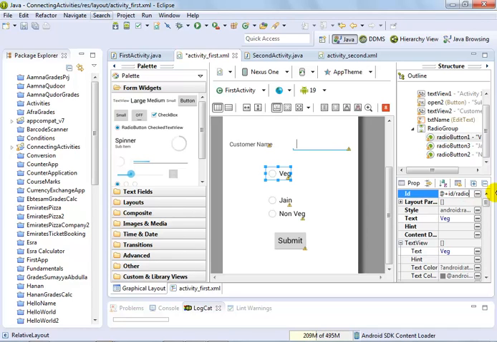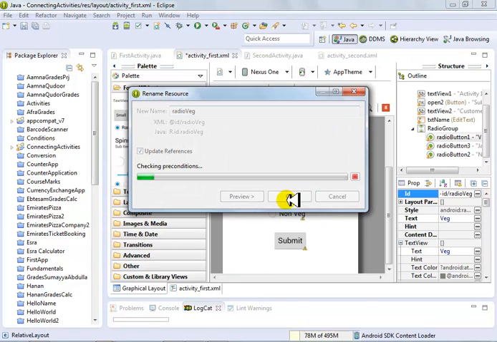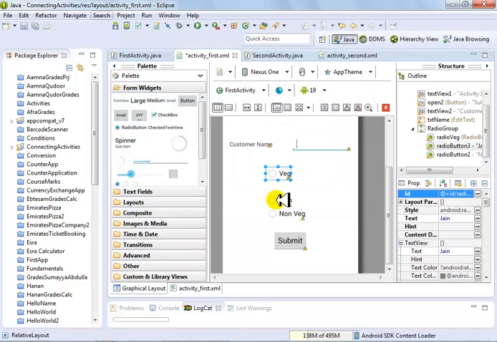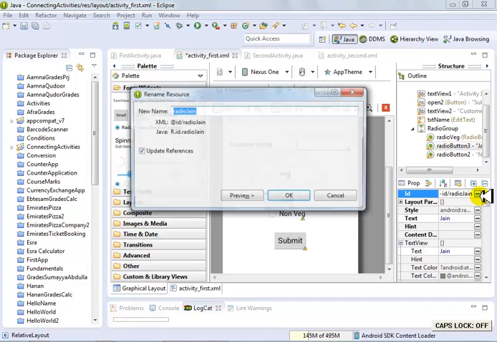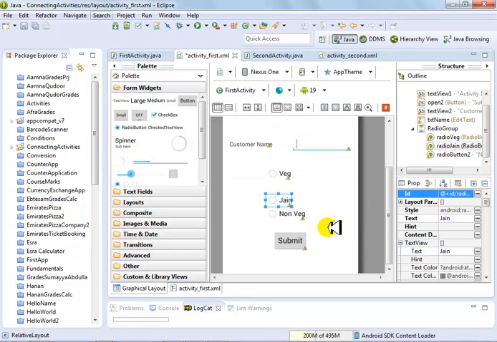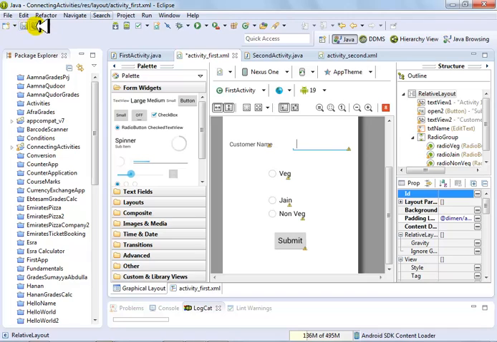I'll write radio veg, enter, and then this should be radio gen. So I've given them names. Whenever you modify anything in your interface activity, make sure you save it. Now let's go back to the interface, to the Java file,